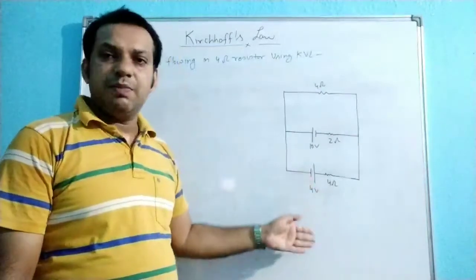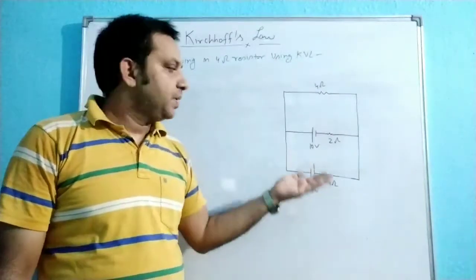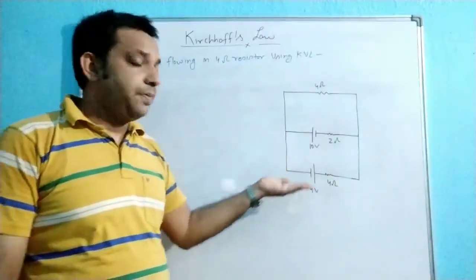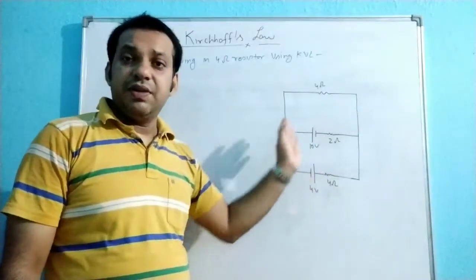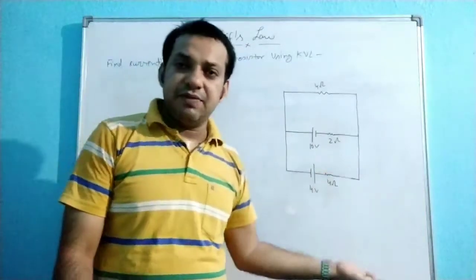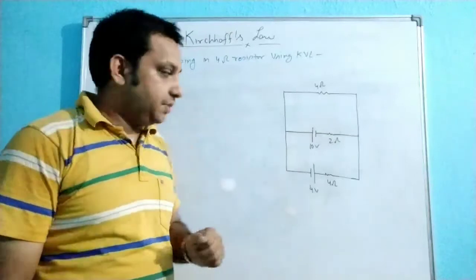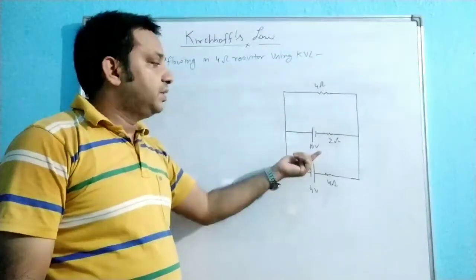One method is with the help of combination of cells. You can also find this one, but here it is mentioned. I am taking a very easy question, but not this kind of question. Very different types of questions are available, but we are starting with a very easy question. After that, I will raise the complexity of the question. So you see here, this is a very simple question.